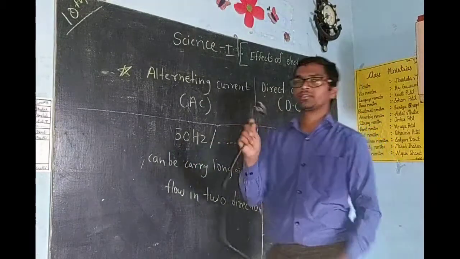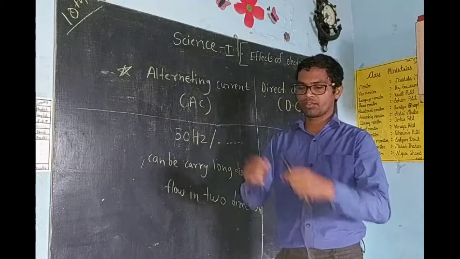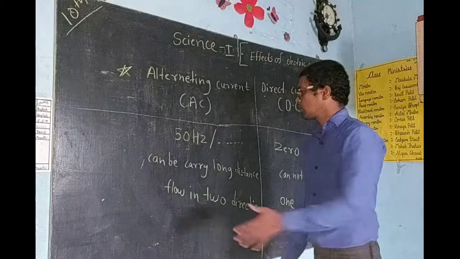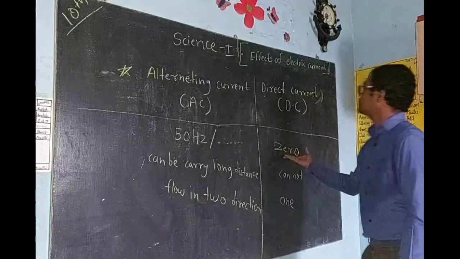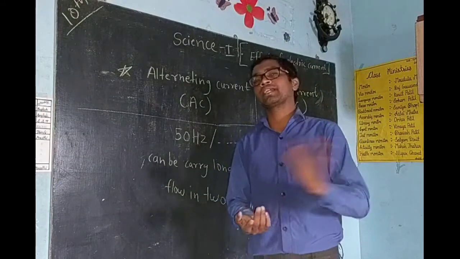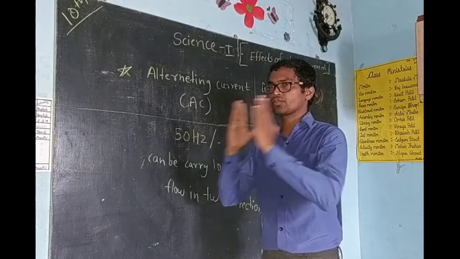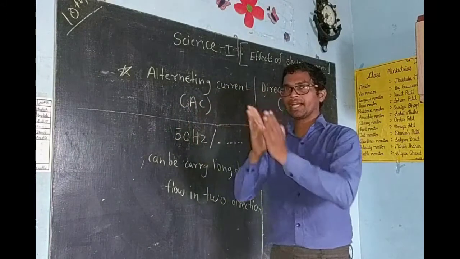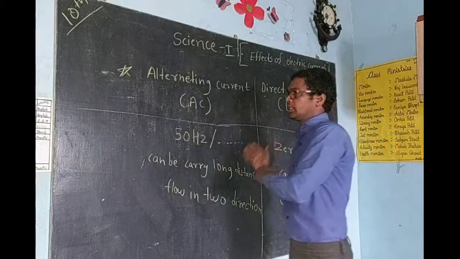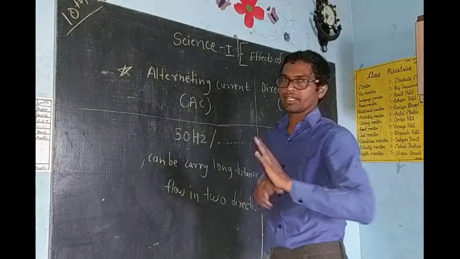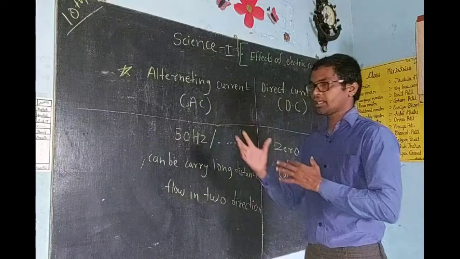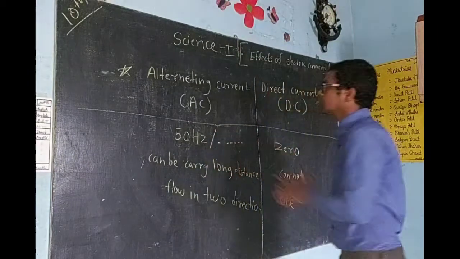So these are the AC wires. We can use them for DC also. It is not compulsory to use them only for AC. Next thing, the frequency of direct current is 0, because direct current never fluctuates. That's why the frequency of direct current is 0. Direct current always passes constant. In direct current, positive and negative charge are there, and we consider positive and negative. In AC, we do not consider positive or negative. In AC, we consider the neutral and your main wire, where the high potential is there. Keep this in mind.